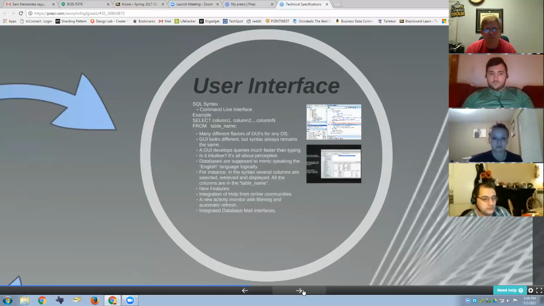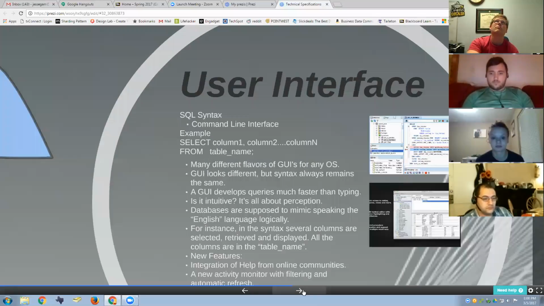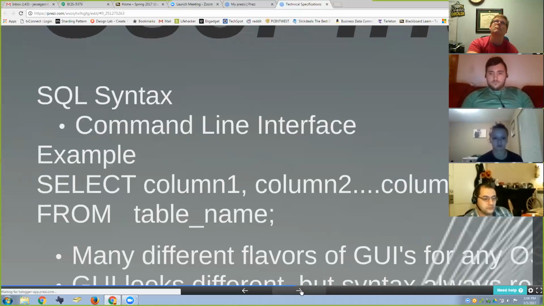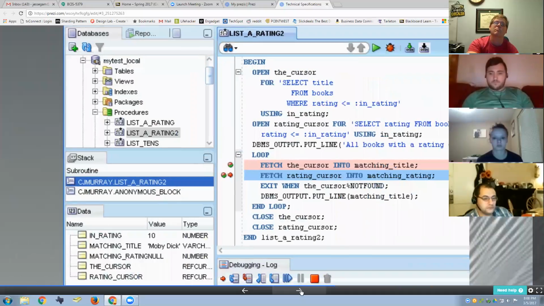Thank you, Jackie. Now we're going to touch on the overview of the user interface. If we go to the next slide, we can see what the command line interface looks like and what you would input. In this example, we have several columns that are being taken from the table called table name. And in the next slide, we can see the actual user interface. And here, this is what a Windows system would look like,